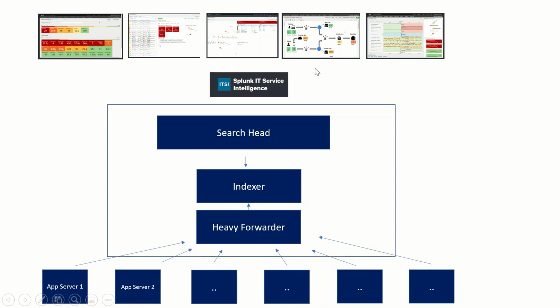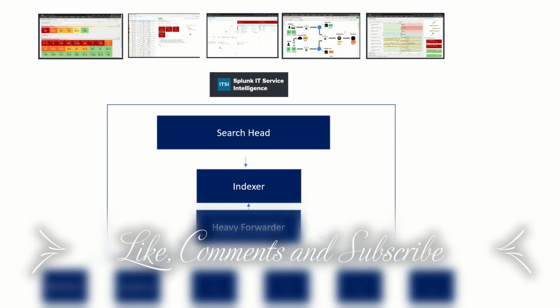So in short, you can get an overall picture of your business through that. This can be used for operational purposes or as a business view.